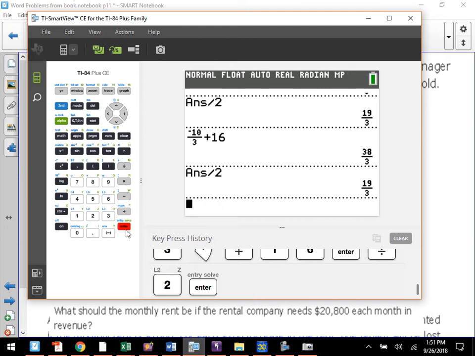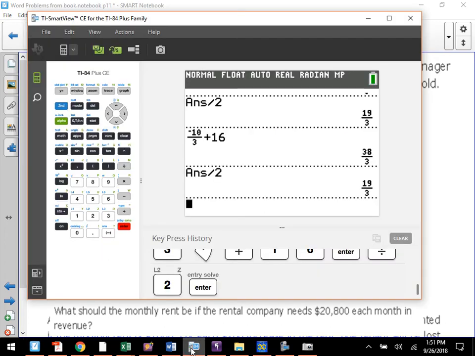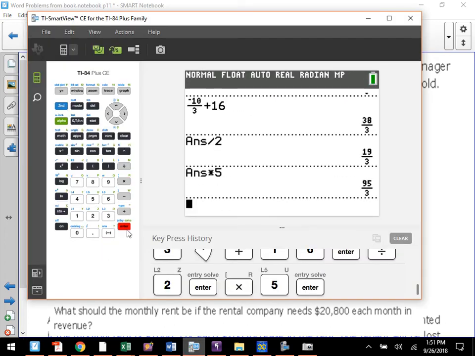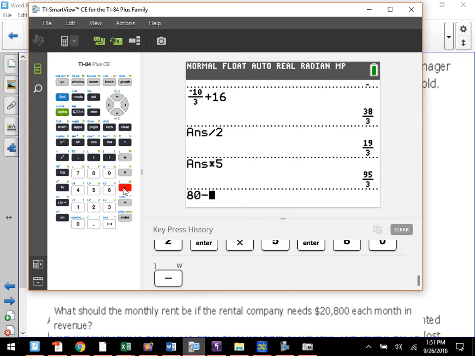You had 19/3 for the axis of symmetry for x. Okay? And it's okay that you get a fractional amount. That's my x value. So if I take that 19/3 and I substitute into each of my equations, which means that if I take 19/3 and I multiply it by 5, and I decrease, that was the decrease one, right? And I take 80, subtract it,